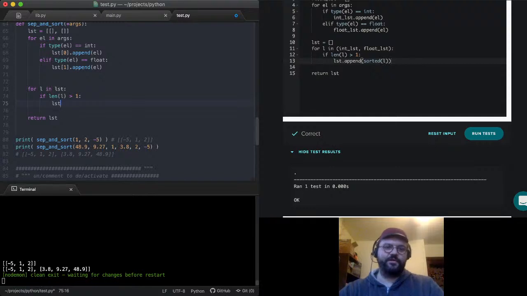Okay, so I don't need an accumulator, right? Because I don't need an accumulator target that's empty because I'm not doing that. So we'll just say for every contained list in my list variable here, if the list has a length that's, actually, now we need to reverse this. If it's less than 1, specifically we can say if it's equal to 0. So if the length of the list equals 0, then I can do